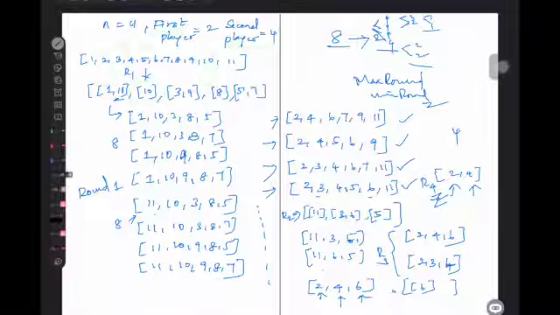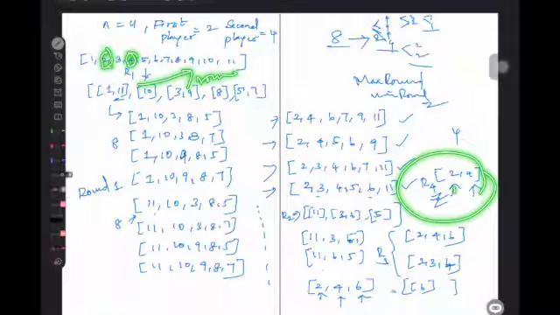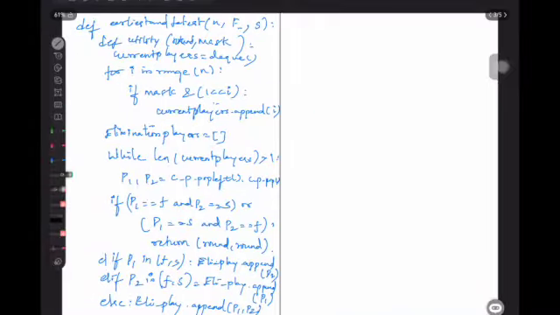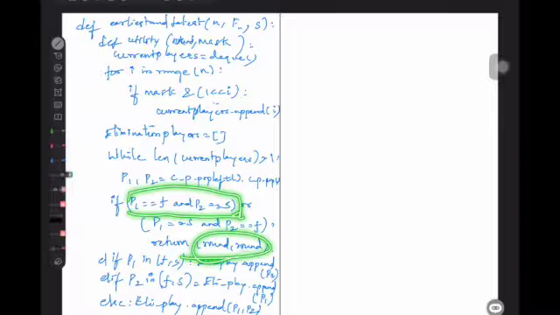If both of them, if p1 and p2, we will be returning the round itself, as we have seen here. If p1 and p2 both were in the first player and second player, at one point we will be getting the current players array as 2 comma 4, correct? So p1 will be 2, p2 will be 4. They both are p1 equal to first player and p2 equal to second player. Then return that particular round that we are getting on the top. I hope these conditions make it clear.